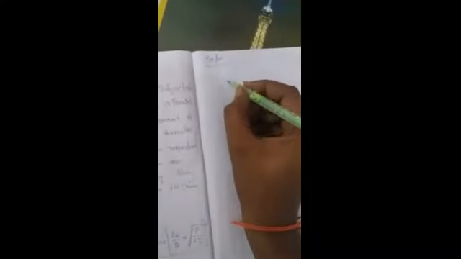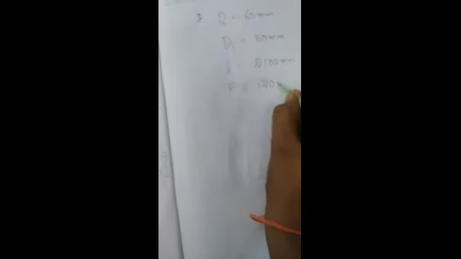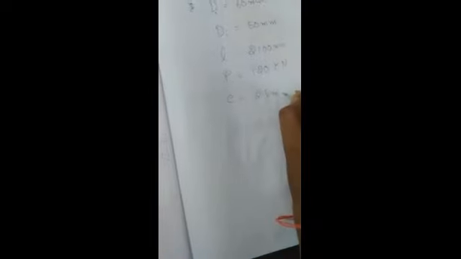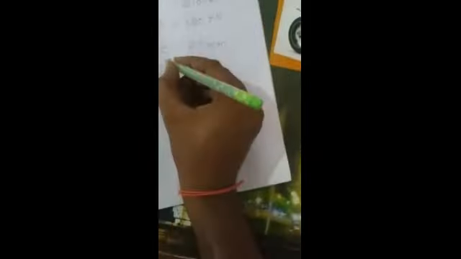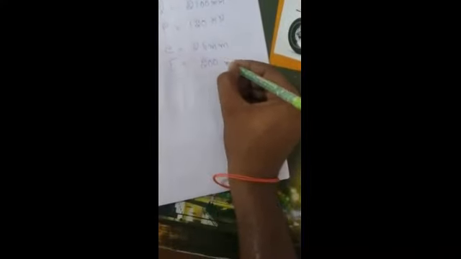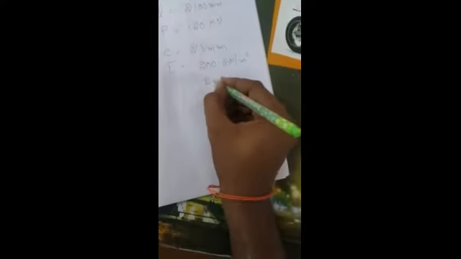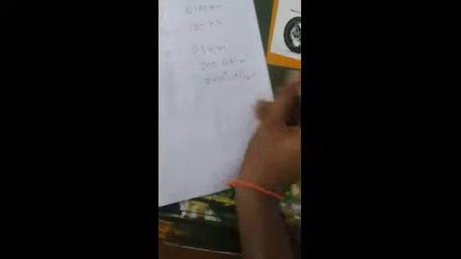So first of all, the given data. External diameter of the column, what is the value? 60 mm, and internal diameter of the column 50 mm, length of the column 2.1 meter, that is nothing but 2100 mm, load is equal to 120 kilonewtons, eccentricity is equal to 2.5 mm, and they also give E, 200 giganewton per meter square, that is equal to 2 into 10 to the power of 9 Newton per meter square. Okay, so this is the given data.